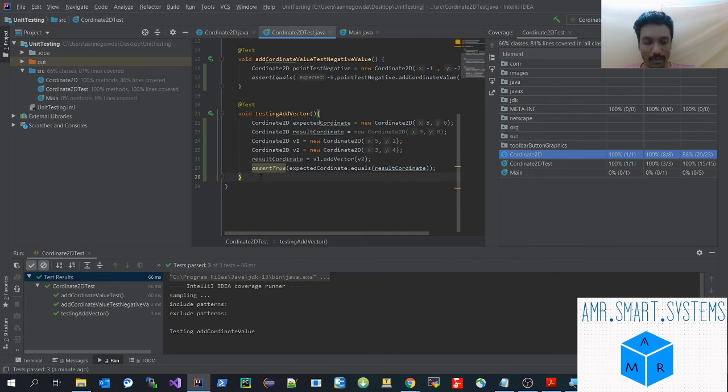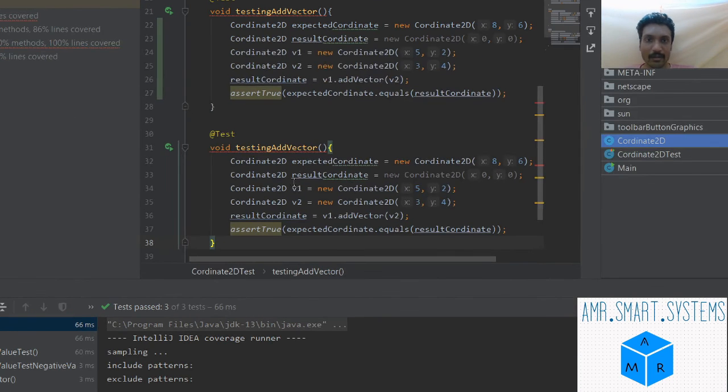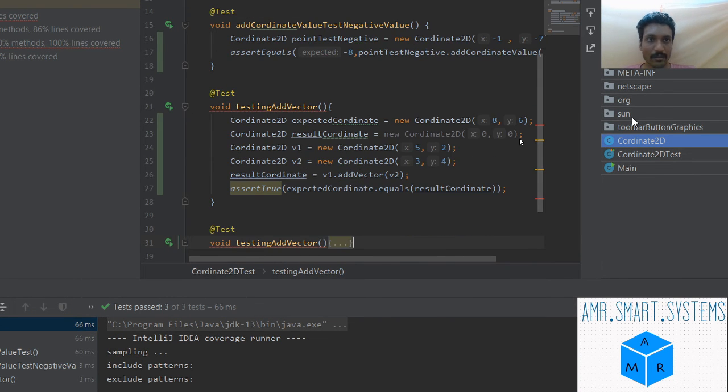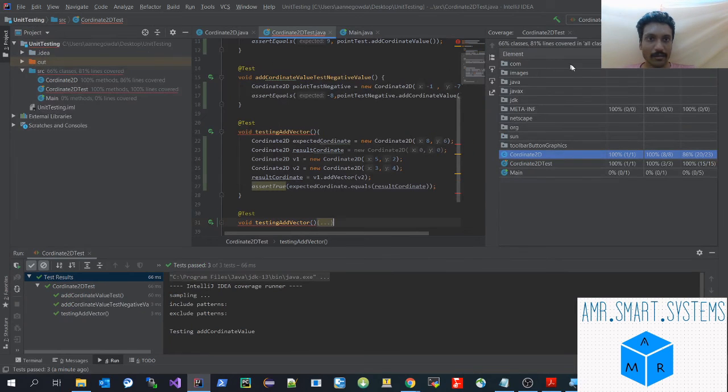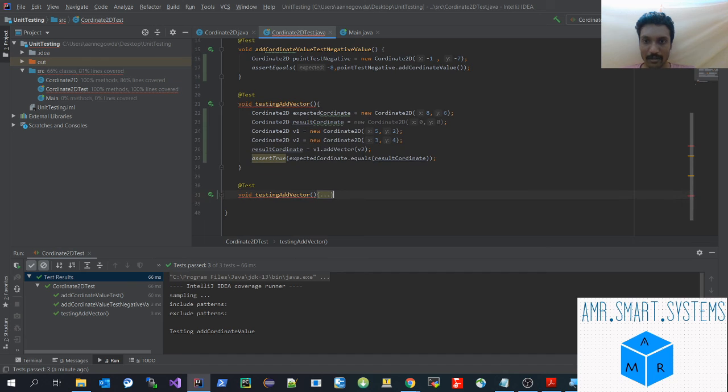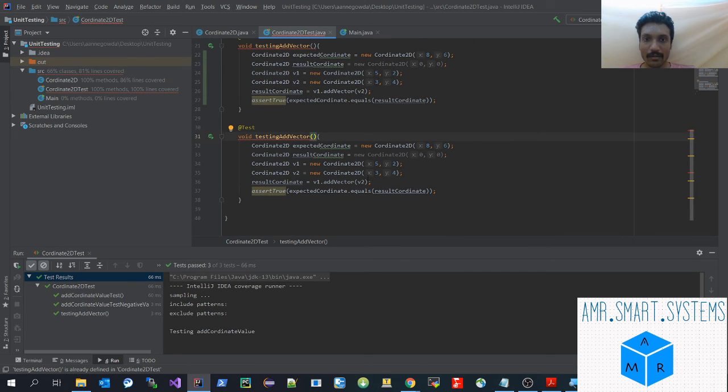So let's add one more similar test case for getting 100% line coverage also. To add the test case, the expected resultant value is 0, 0, and for the adding vector, one of the vectors should be 0. So now if we run the coverage,